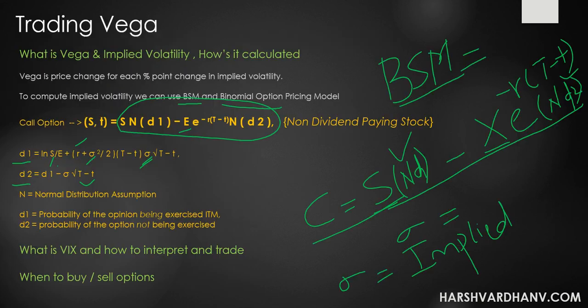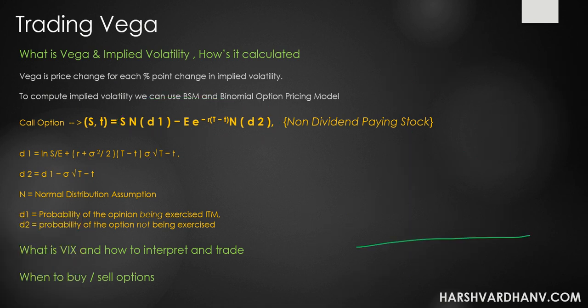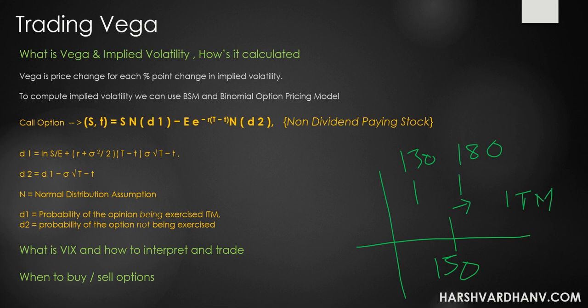Right? So what are N(d1) and N(d2) in layman's language? D1 is the probability of the option being exercised in the money. Suppose you have bought an option at a strike of 150, and the current market price is 130, and your expectation is 180. As long as your stock price is above 150, you are in the money. So the probability that your option will end up being in this range,